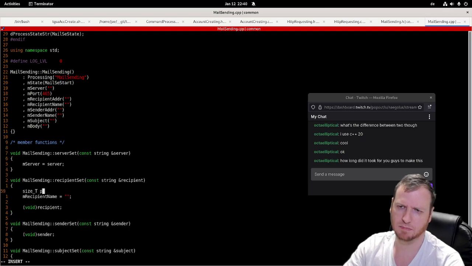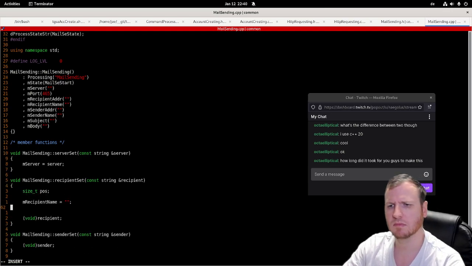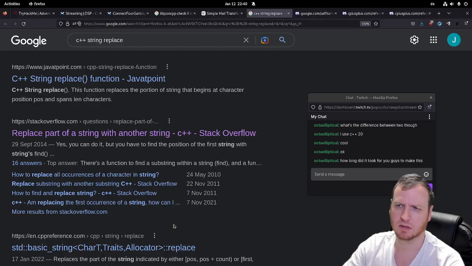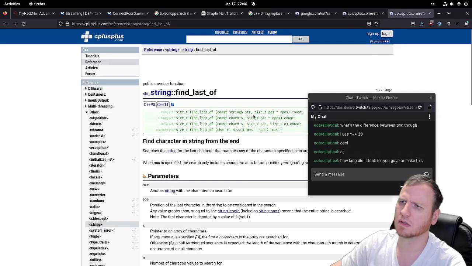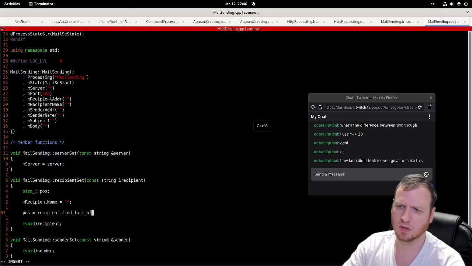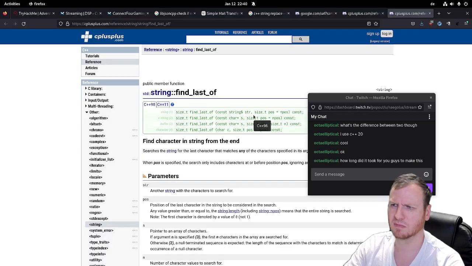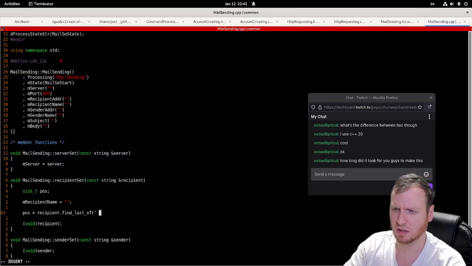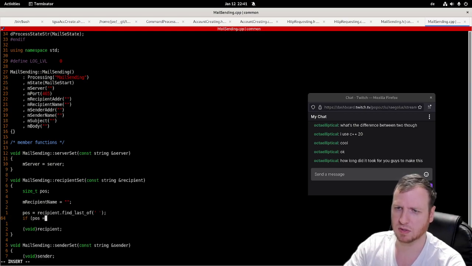We have a size_t position. We say position is equal to recipient dot find_last_of. Please, come on, please, a character. I want to find a character. Yes, one character. Okay. If pos is equal to string::npos, then